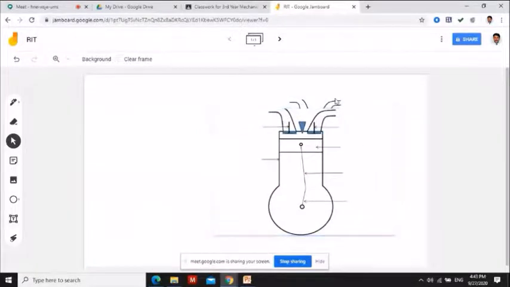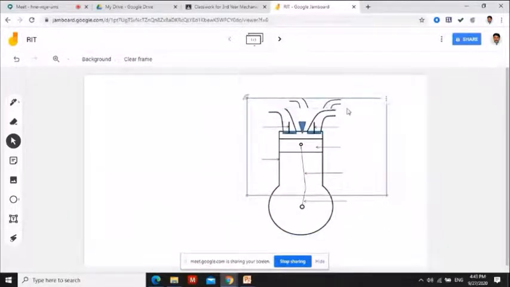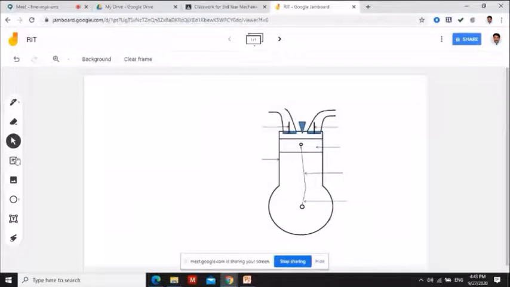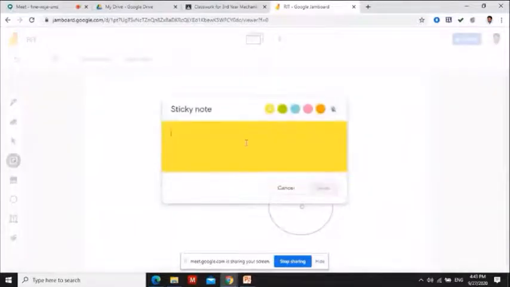This is the assignment I am going to give. You can give the instruction to the students: label the parts of an engine shown in the figure. For that, I am using the sticky note.